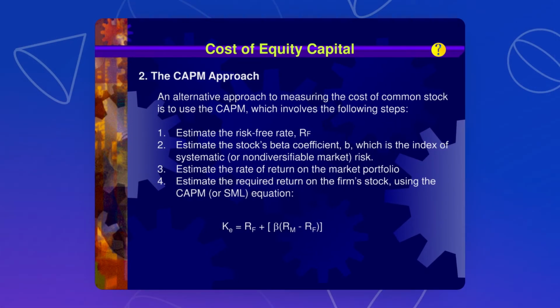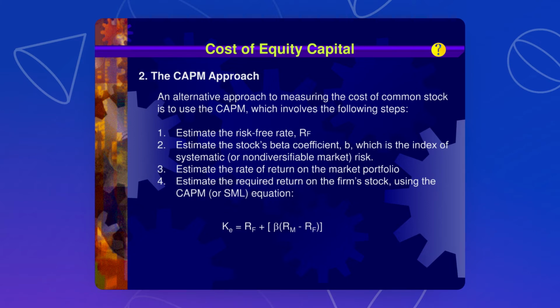Number 3, estimate the rate of return on your market portfolio. And number 4 is to estimate the required rate of return on the firm's stock using the capital asset pricing model, or what you call the SML equation. How do we compute for the cost of equity? KE, or the cost of equity, is equal to the risk-free rate plus your beta multiplied by the